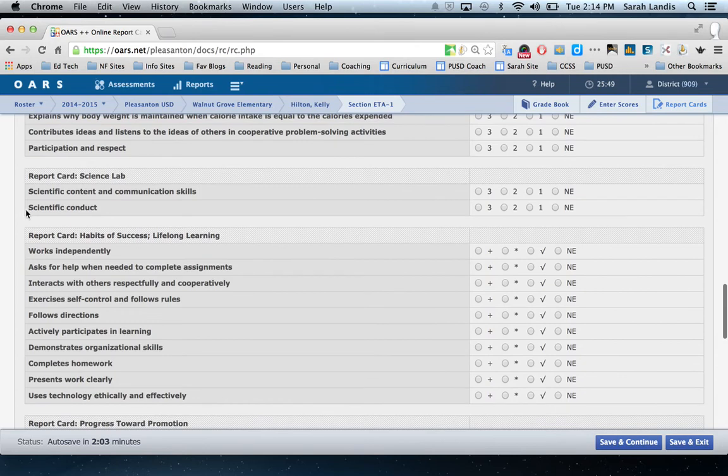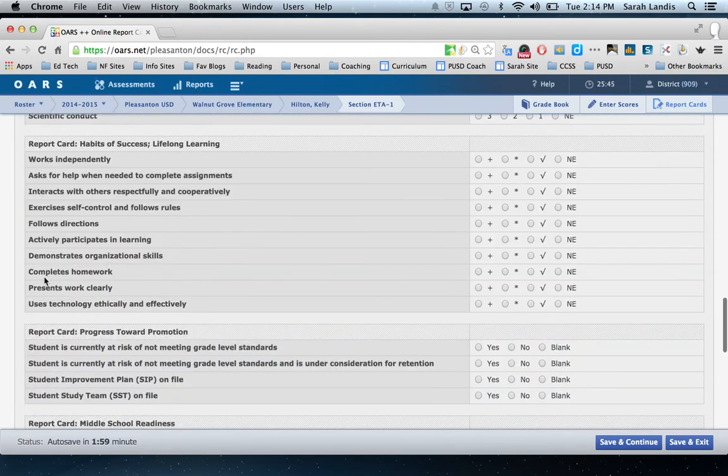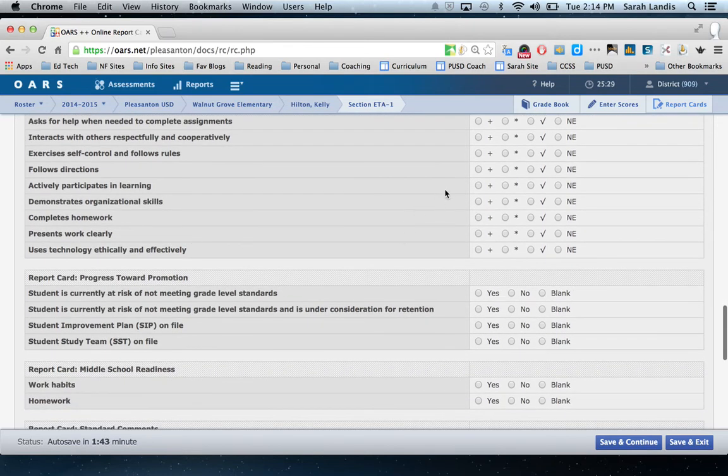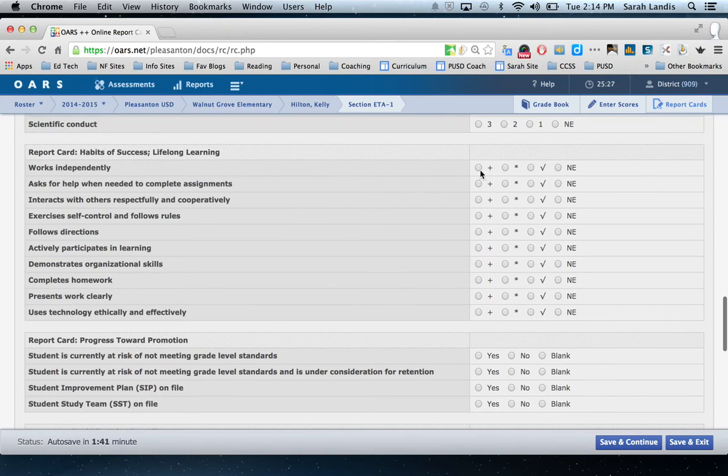Then what you're looking at is report card habits of success and lifelong learning. This is the part of the report card that is on the back side, where you get a chance to really reflect on how that student is performing in terms of just classwork and overall habits. And you'll go ahead and mark those up. Again, here you're just using the legend of strength, performing on grade level, or area of need. So you'll go ahead and indicate those here,